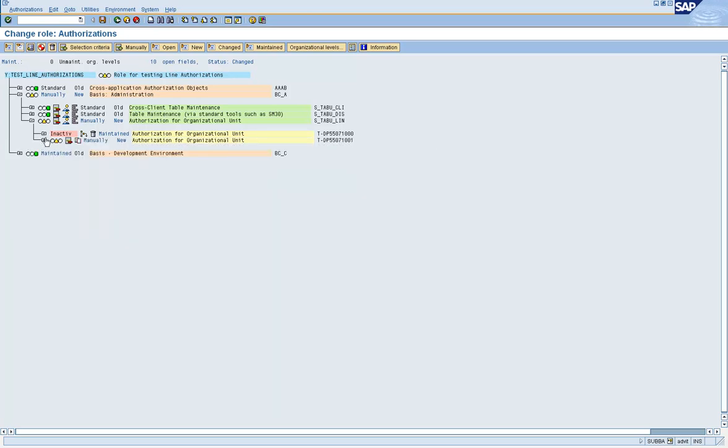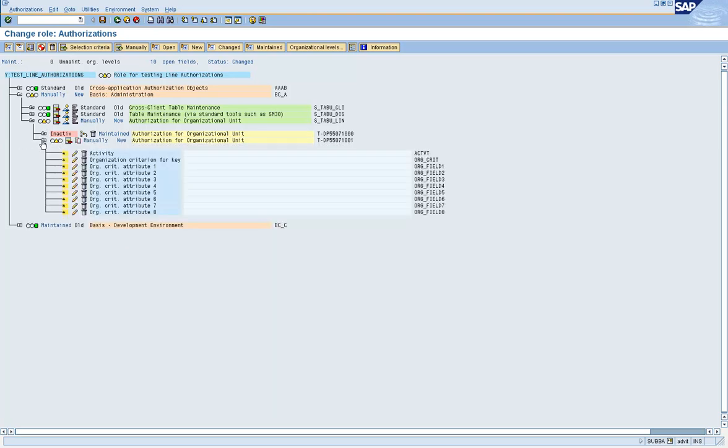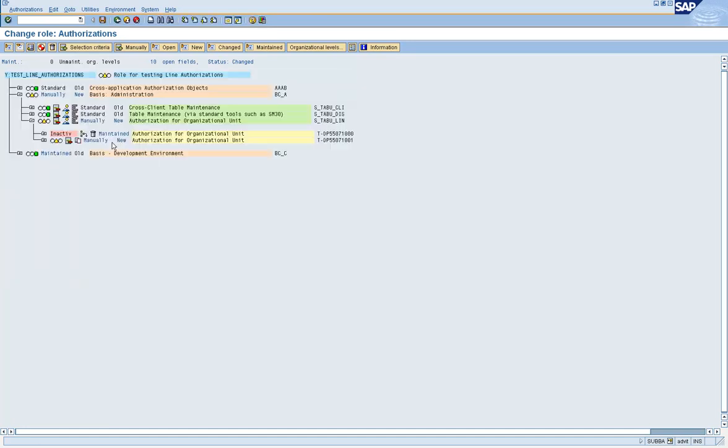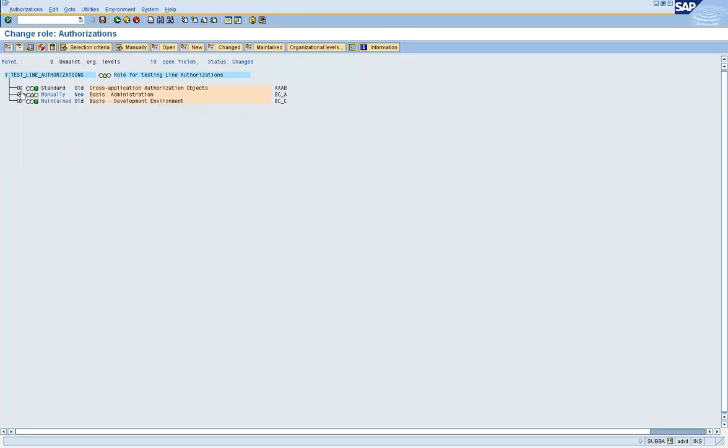It would, because we had maintained this information originally in SU24. That's why the mountain icon shows us the link between the object and the transaction code. For example, let's put another object and see what it means.